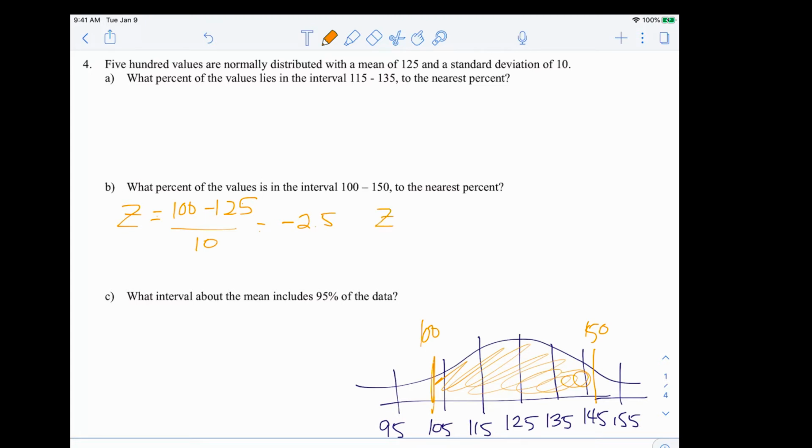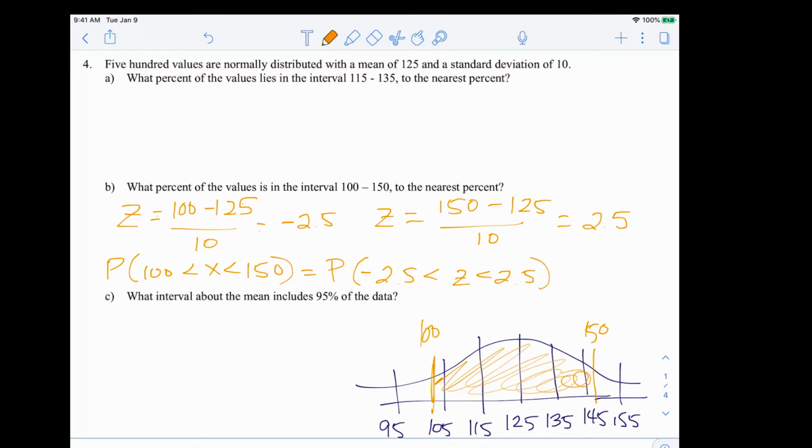Then I have to find the z-score for 150. So my data value is 150. Again, minus the mean of 125 divided by the standard deviation of 10, which gives me a positive 2.5. So really here, when I'm looking for the probability that the data value is in between 100 and 150, that's the same as looking for the probability that the area is in between the z-scores of negative 2.5 to 2.5. And that will end up equaling